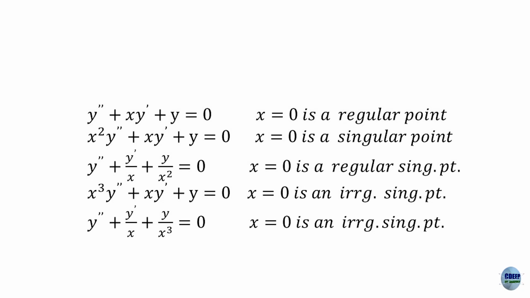However, the next term, even though you multiply it with an x square, there's a 1 by x hanging in there, and that makes it a singularity, which means that even after multiplying p(x) and q(x), if either one of these comes out to be a singularity, then we say that it is an irregular singular point. Okay. Alright, so